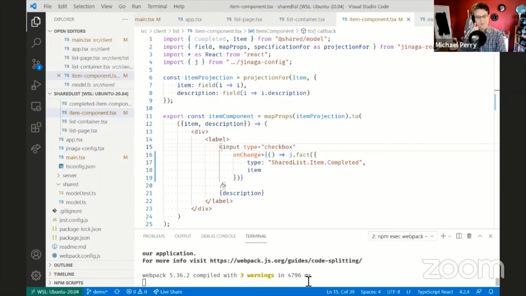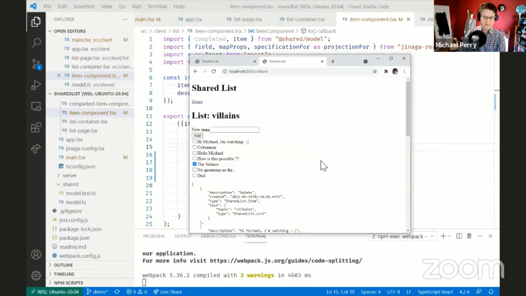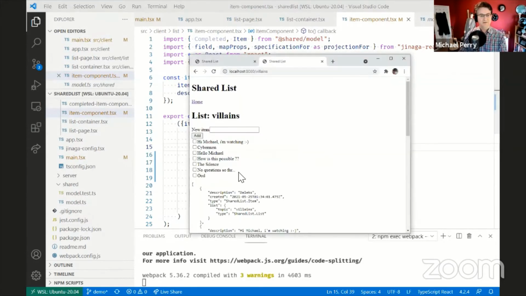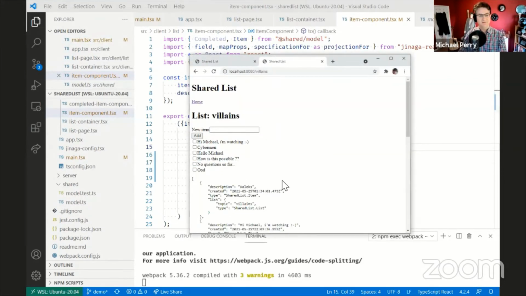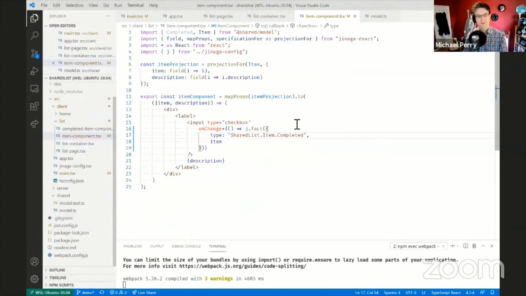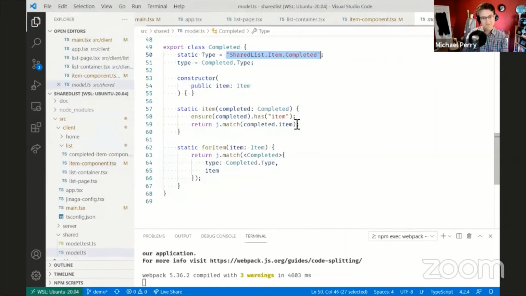We'll see it recompile here. There's the recompile. So now I can refresh. Now I've got the one that has the j.fact in there. And so I'll check that, and hey, it disappeared. Why is that? Why did it disappear? It disappeared because I created a shared list item completed. And if I go back up one step,